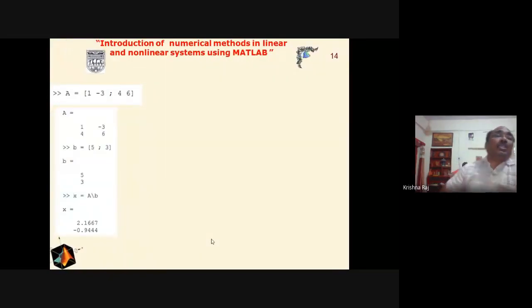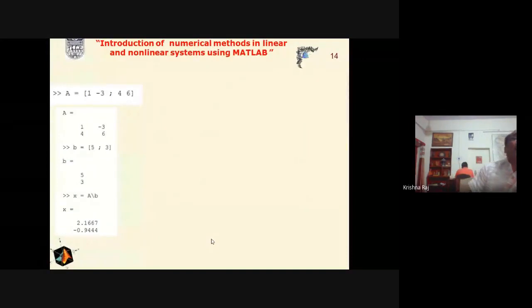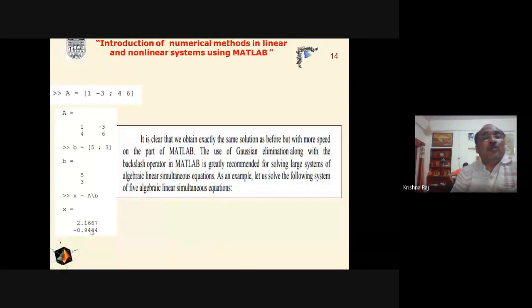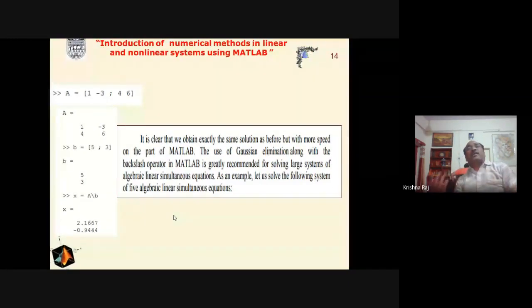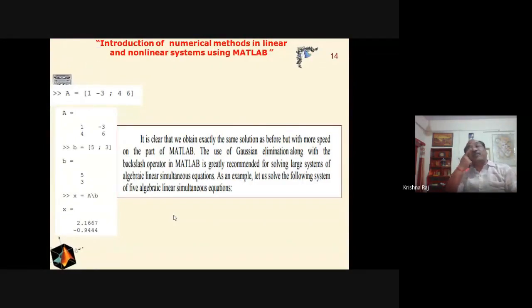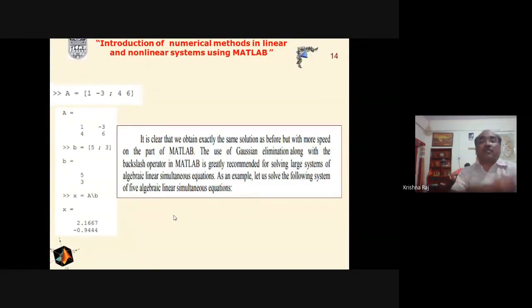So what is the next step? As we know, the elimination method is used. In the elimination method, if we eliminate the terms, then how will we get the values of X? X is nothing but A backslash B. So if we go step by step to get the result using the elimination method, then we will find the complexity is less. How do we decide the complexity? By the number of processing steps.